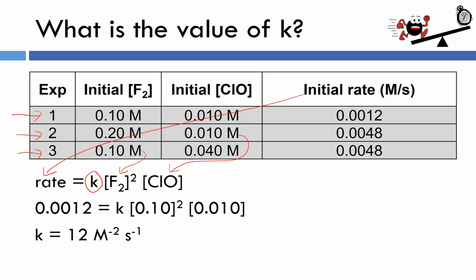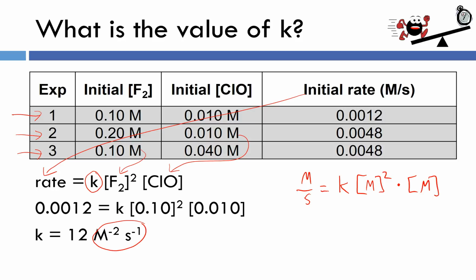Hopefully from a mathematical perspective, getting the number 12 is not too tall of an order. Coming up with your units for k can be a little bit more difficult. The units for k change. If we think about it, we have rate in molar per second is equal to k, which is some constant. And in this case, we have the molarity of F2 squared times